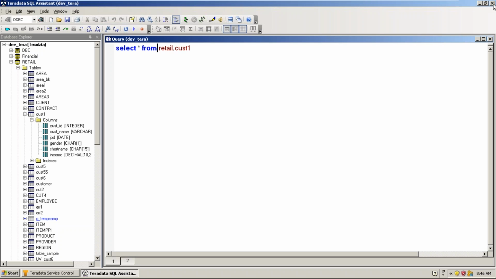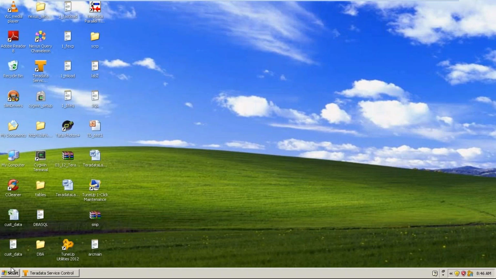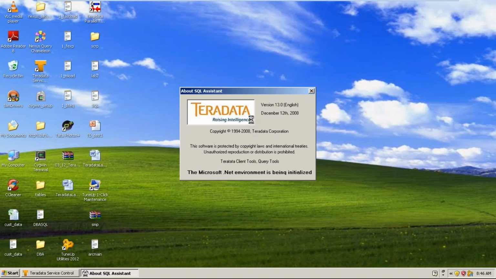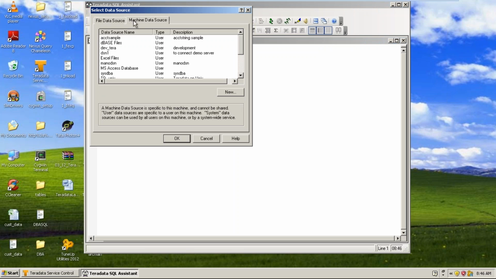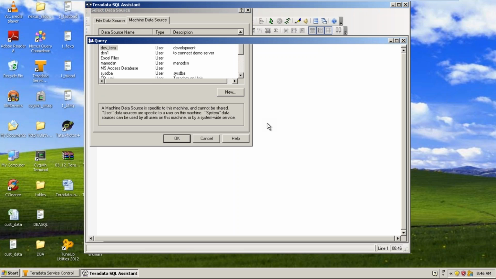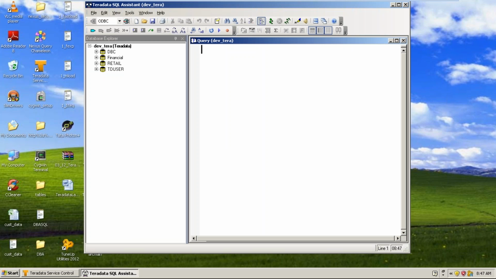There's an error. Let me close this. You will see a table definition, how the set and multi-sets are defined and how the primary indexes are defined, so that we can have a minimum understanding.